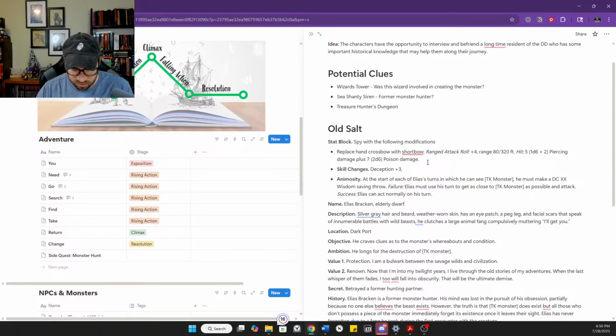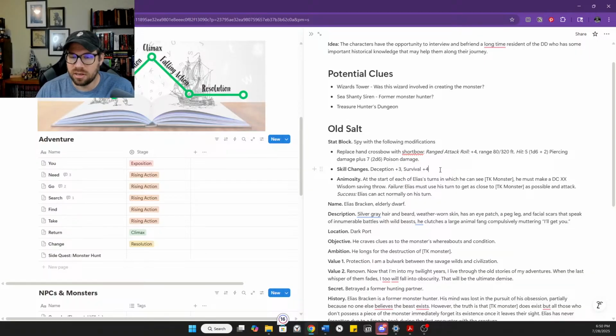Deception +3, and then we'll say survival +4. Why not? Because he's got a +2 to wisdom, and then he's got the proficiency bonus there as well. The deception one comes from just pulling out his proficiency bonus in that, so that changes that easily.